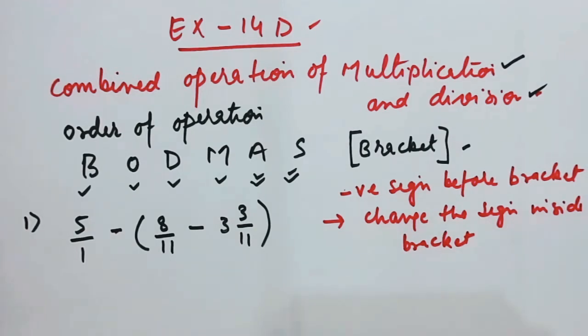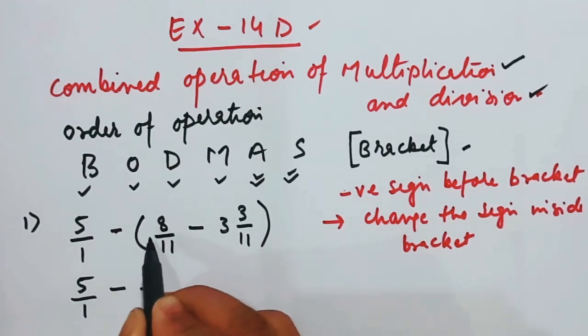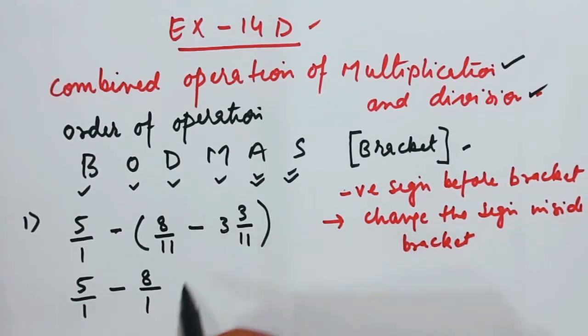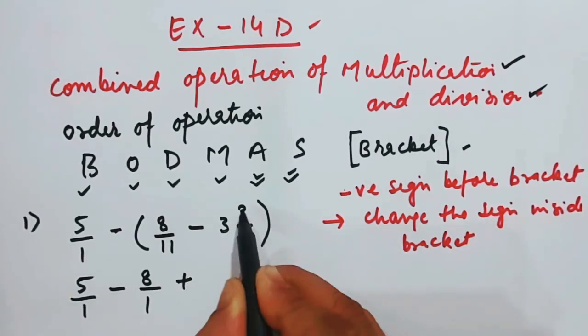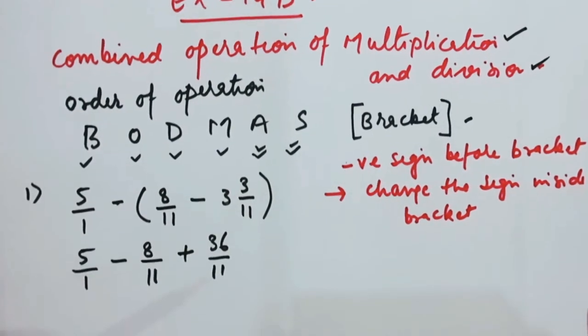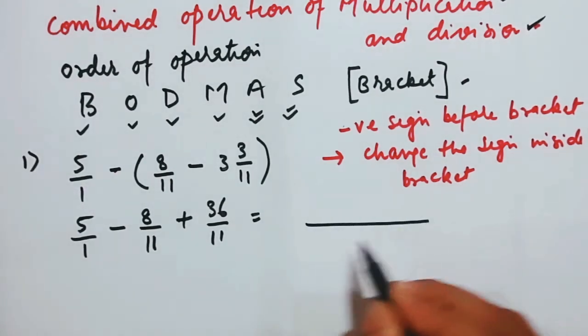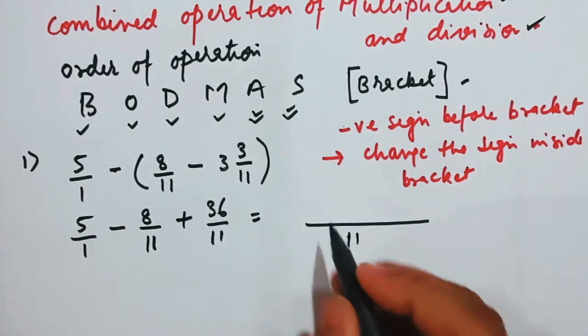It's very simple. Since you have a negative sign over here, have a look. 5 by 1 minus 8 by 11. The sign over here was plus, so plus changes to minus. The sign here is minus, so it will change to plus. Plus 3 by 11. So 3 by 11, why not write 36 by 11? It saves paper too, isn't it? Come on, who will take out the LCM of 5, 8, 1, 11 and 11? Naturally I will have to take it out. You cannot take it out for me, I know. So here the LCM is equal to 11.